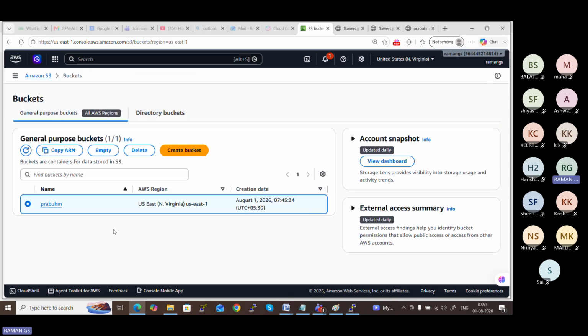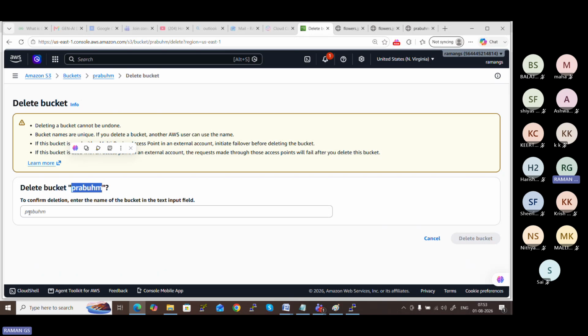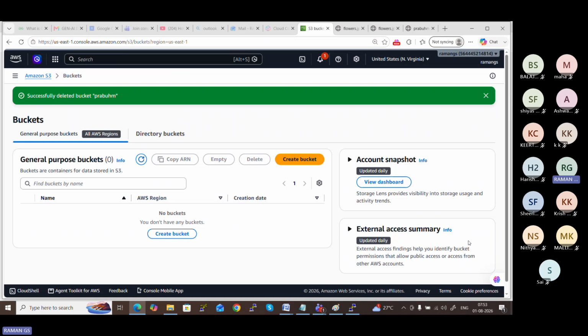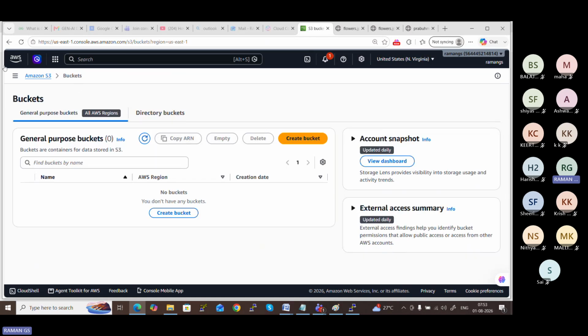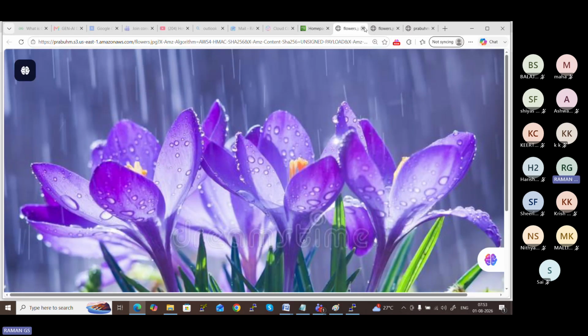Select the bucket and delete it. It is asking for the name of the bucket, Prabhu HM. Copy and paste the name and then delete the bucket. You only need to pay for the duration you used and the storage you kept. So now the bucket has been deleted.